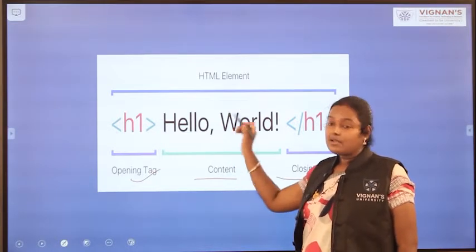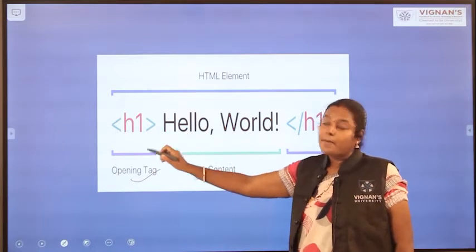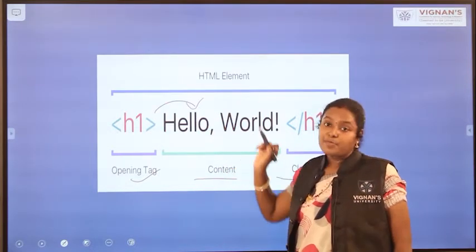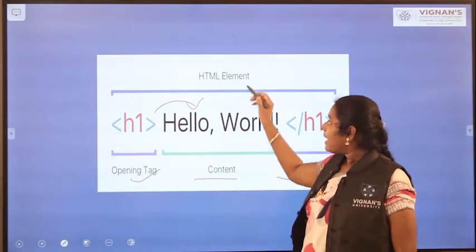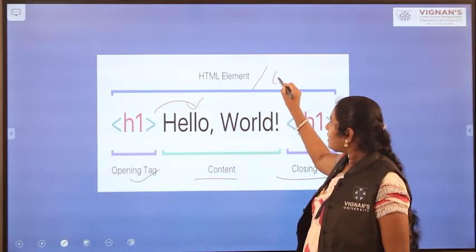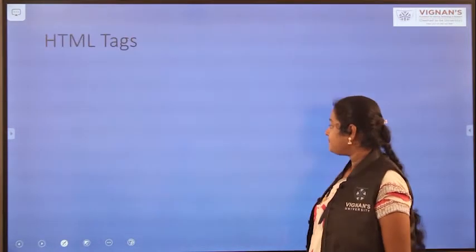Here, for the hello world content, whatever the property of H1 is will be applied to the corresponding text. All this is also called an HTML element or HTML tag.